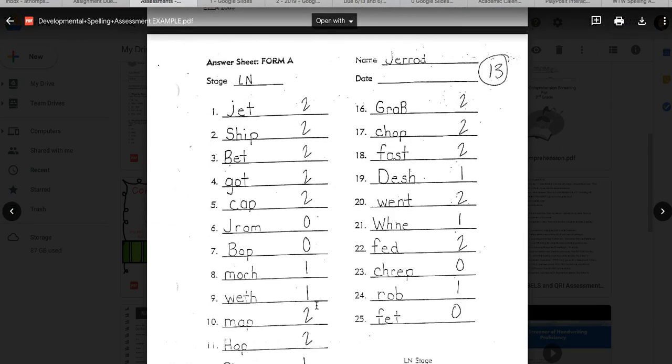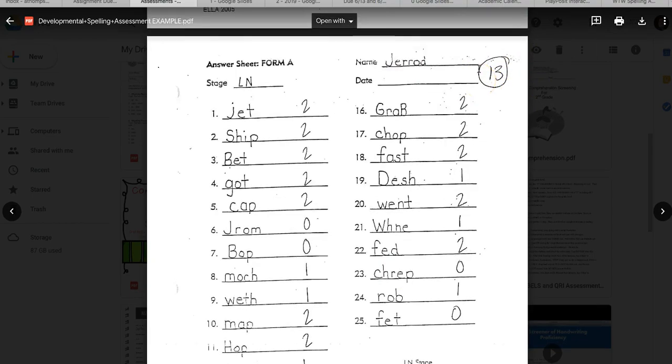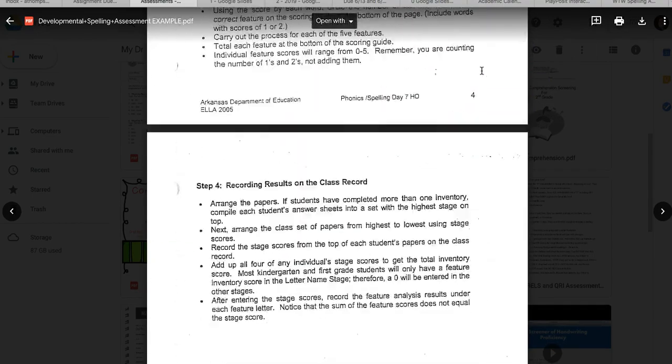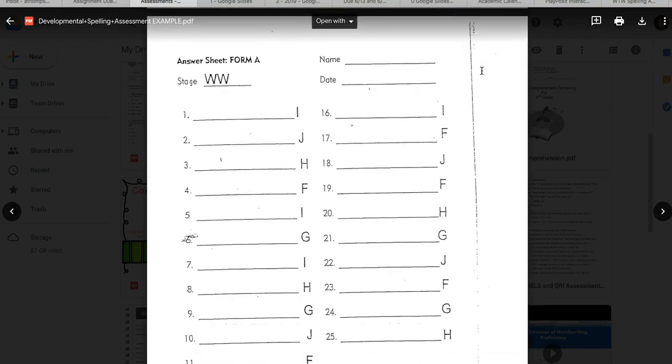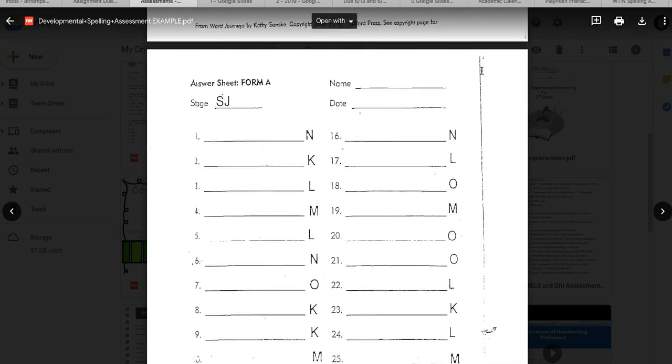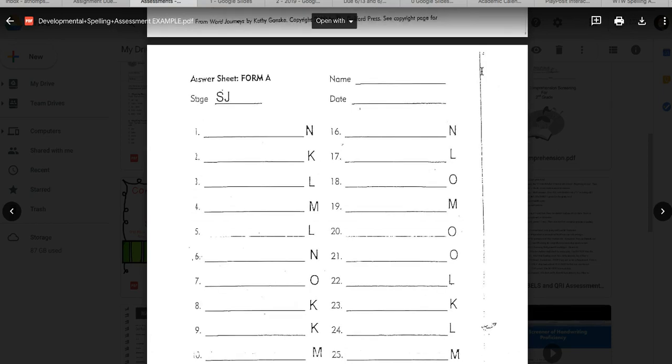Okay? So remember, 12 and above, this student made a 13, so now we would move on and we would give him the within word test. If he scored 12 and above, we're going to move on to the syllable juncture test. If he moves on,